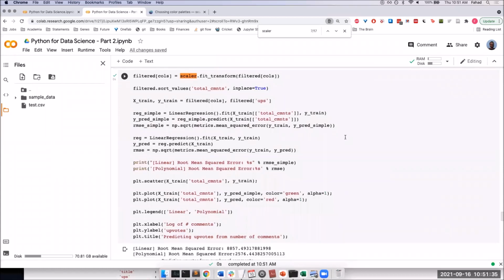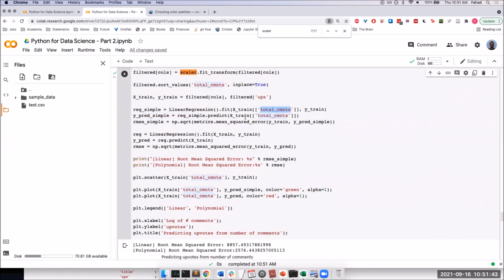And then the code following this is similar to what we did for classification. We're basically fitting it on the training data using total comments. While predicting, we're doing it on